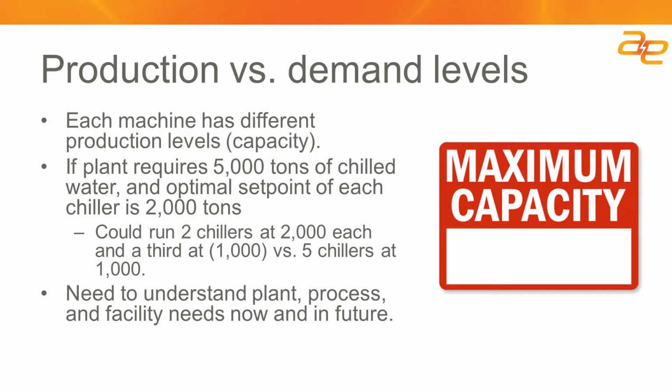Each machine that you typically have, you can order it from the OEM with different capacity. And that means, again, that it's designed to deliver a certain amount of its utility, whether it be chilled water or whether it be steam or whether it be air at a certain pressure and certain